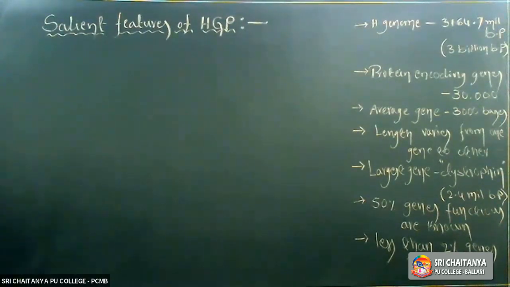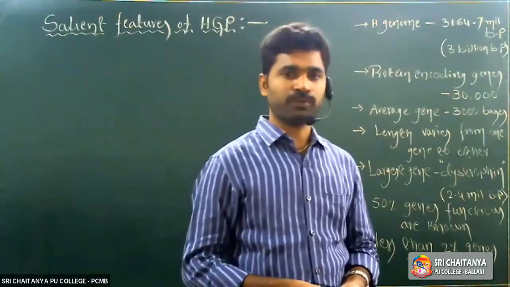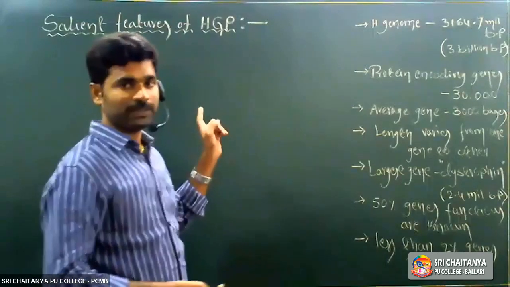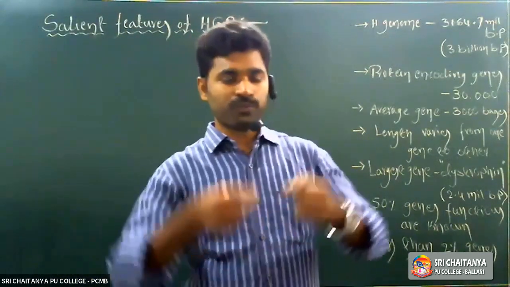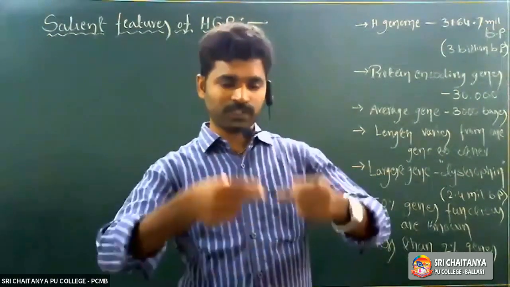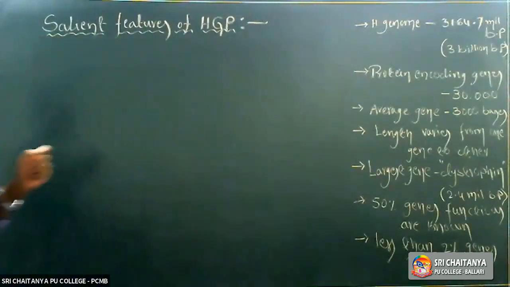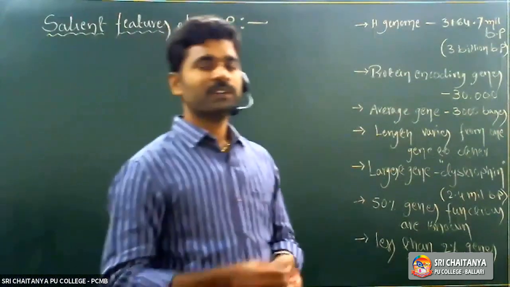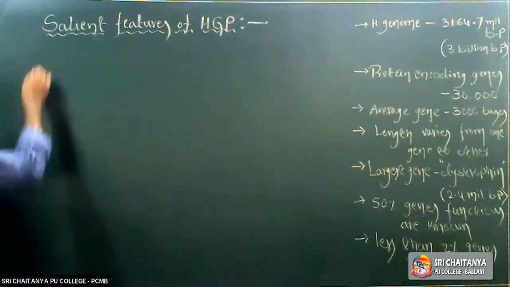And one more thing: the largest chromosome is the first chromosome. Totally 23 pairs of chromosomes are present in human genetic material, otherwise the human nucleus. So in those 46 chromosomes, 23 pairs, we have first pair, second pair, third pair, like that. The first chromosome consists of a large number of genes.